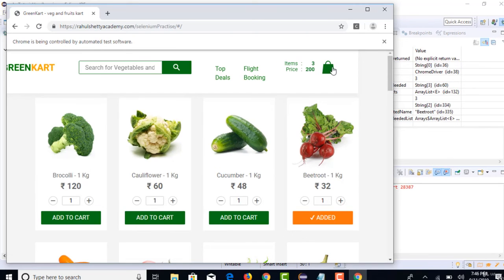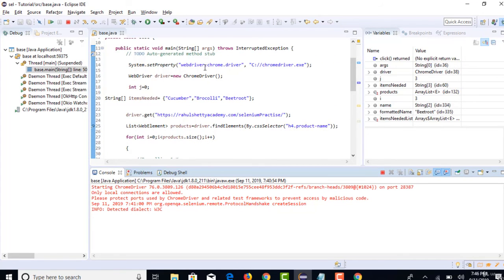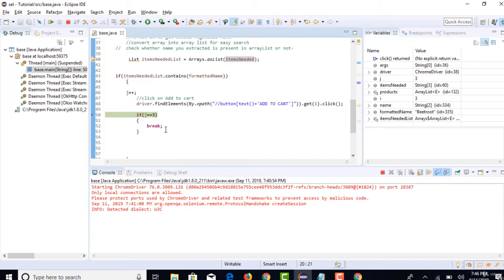Beetroot is also added. All the 3 items which we want to send into the cart, that's what we mentioned in our array, right? Everything is done, and now j equals 3, so it will go inside and break that entire for loop.